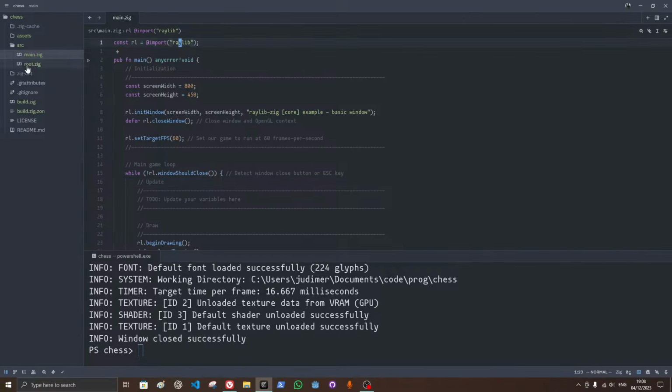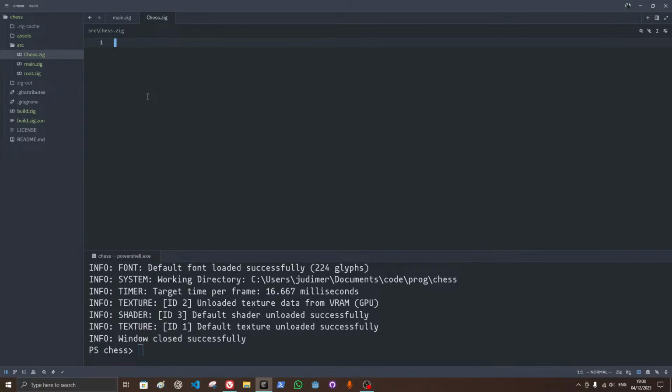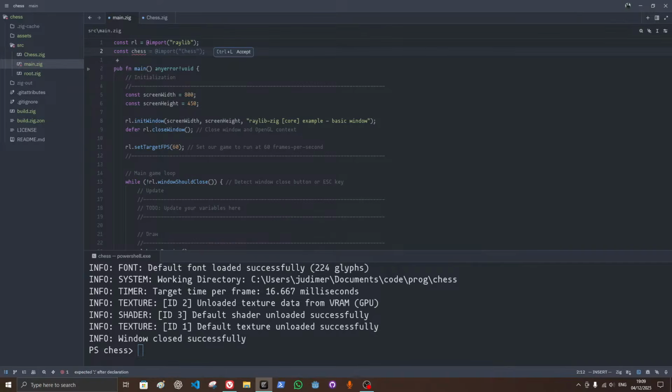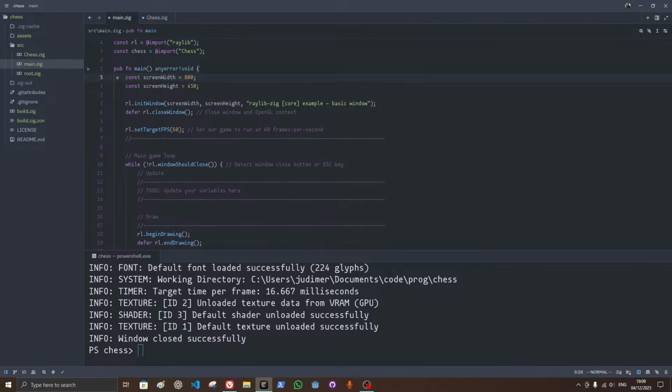So first thing, I'm gonna make another file. That's Zig. I'm gonna make const, this is a struct, and here I'm gonna include this import chess. Okay,